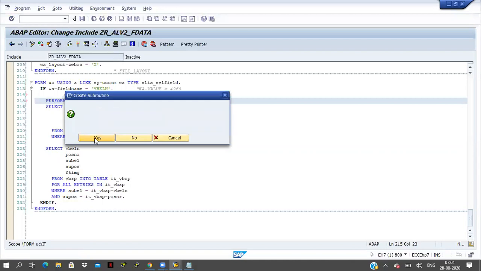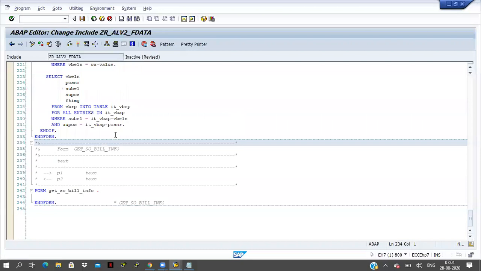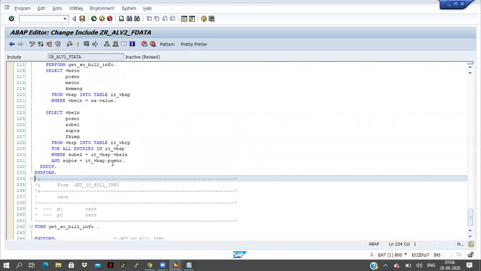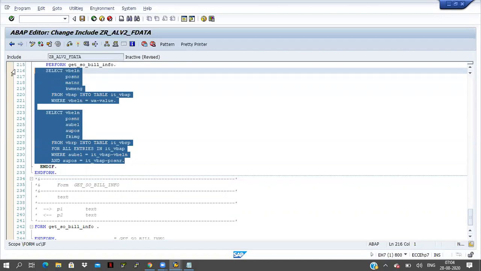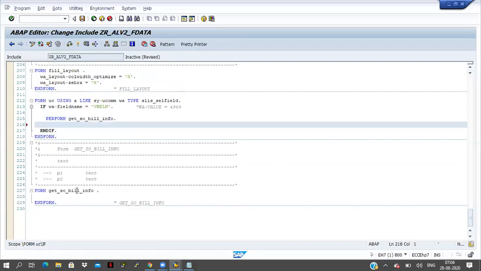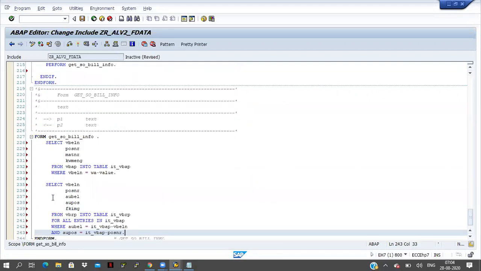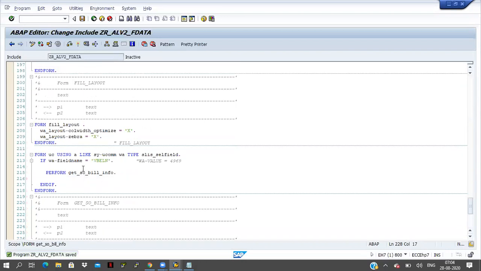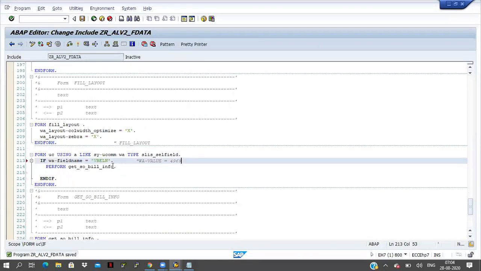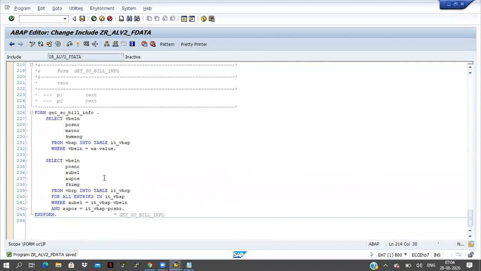Click on the yes button, select the fetch data here. I will cut the select queries and paste here. So I'm getting the sales and billing information here.